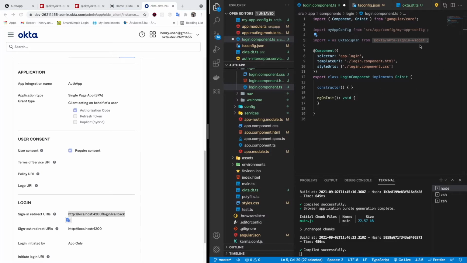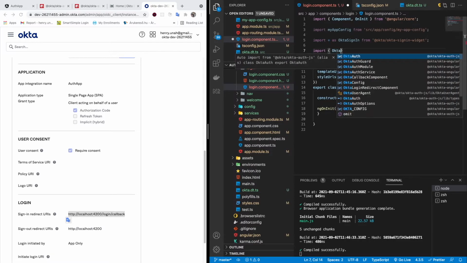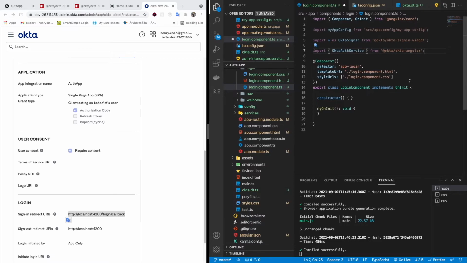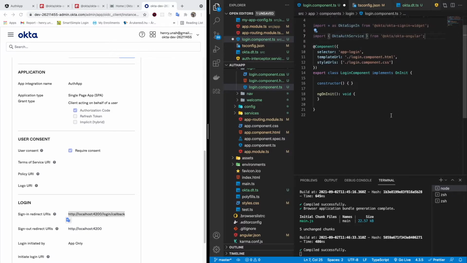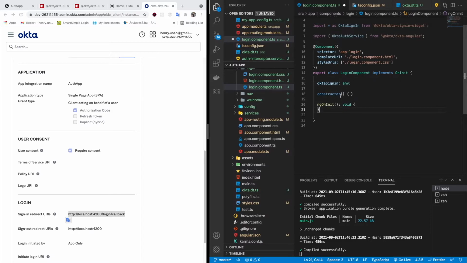So after we bring the sign-in widget, we also want to bring in Okta. So I'm going to import our Okta service, our Okta service, not the module. OktaAuthService. We're going to bring that from Angular, and now let's create our sign-in. So here we want to declare our oktaSignIn. So we're going to say oktaSignIn, and we're going to give it the type of any, and we want to do this in our constructor. So let's inject the Okta auth service to our constructor. So Okta auth service,